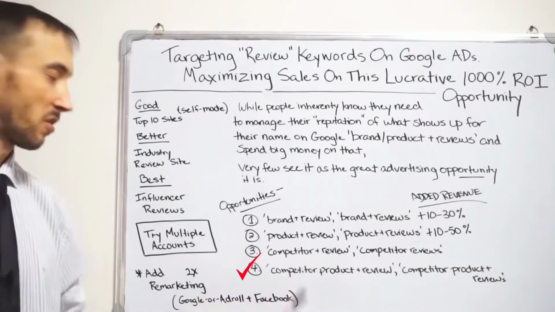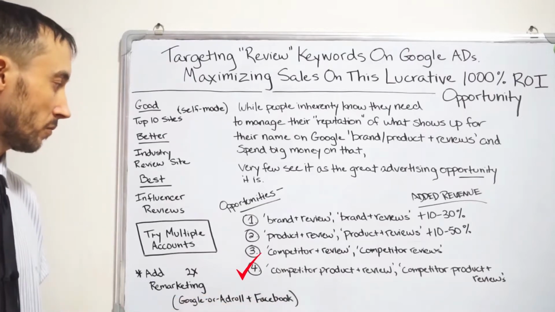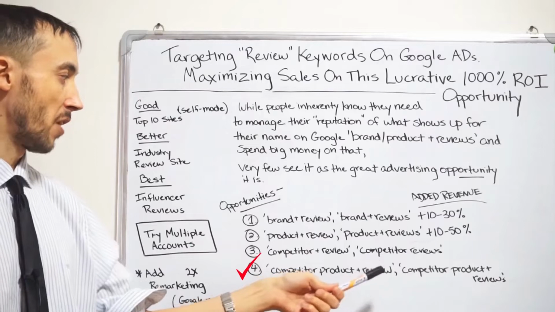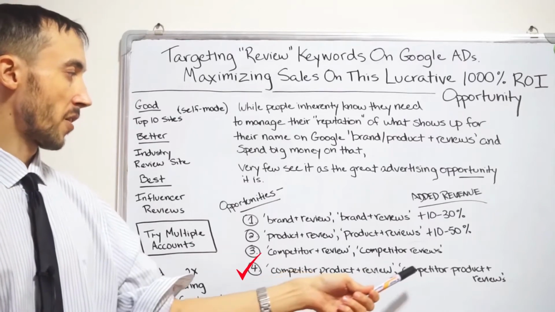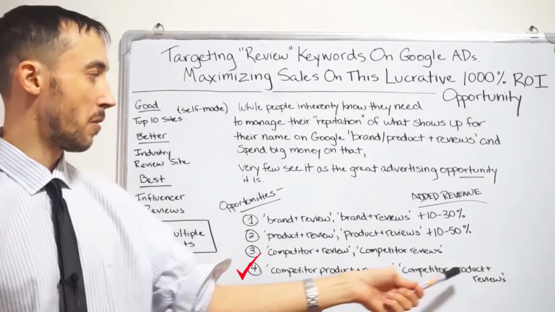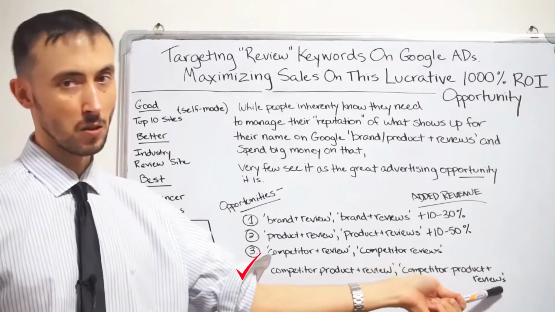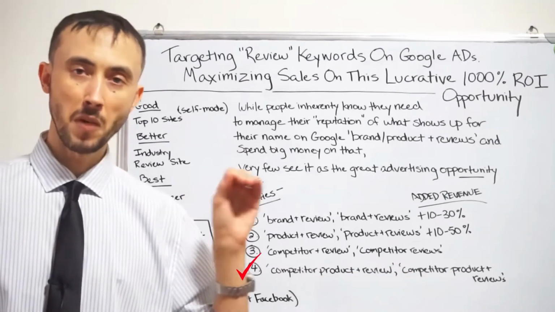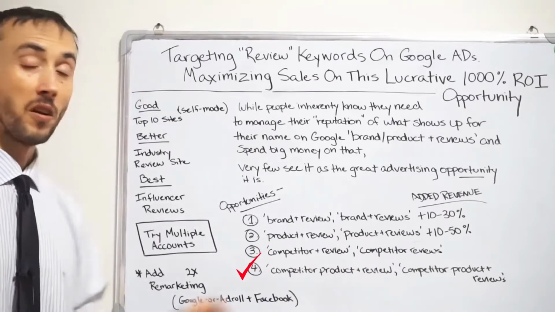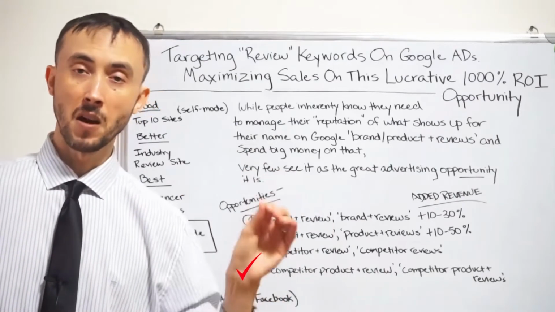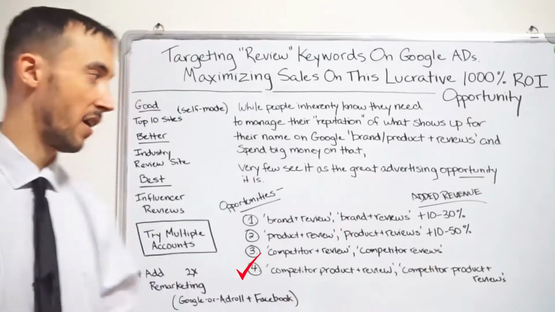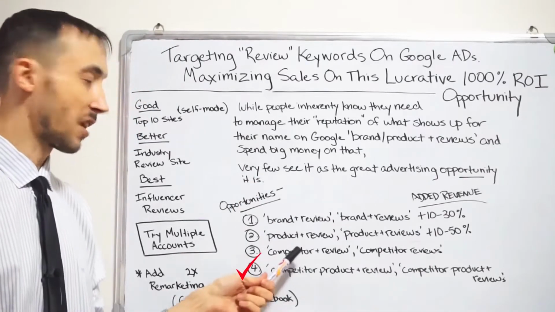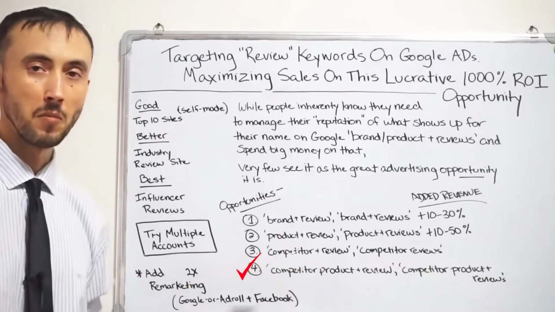The fourth of which is a similar one to that. Competitor, and then the name of the competitor's product, and then review. Or the competitor's brand name, and then the product name, and then reviews after it. So in other words, they're looking for a specific review on a competitor's product, or a competitor's specific service, okay? So with that, of course, you can actually send them to the same place you send them here on number 3,